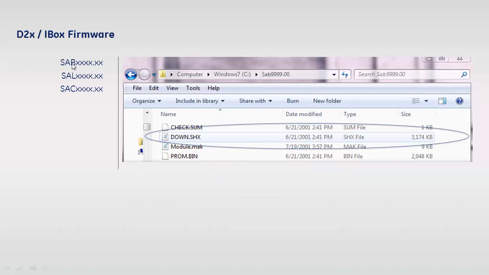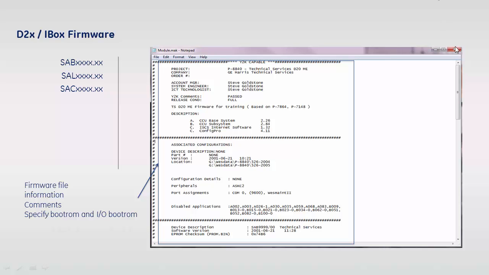Okay, like I said, the SAB, SAL, or SAC, so SAC is for an iBox, SAL for a D25, SAB is for a D20. There will be a file named down.shx, and this is the key file that we will download to the operating device. Okay, at the top of the module.mac file, the readable file that's available in the directory of the SAB, the SAL, or the SAC, you will find the information about it, what operating system it is,